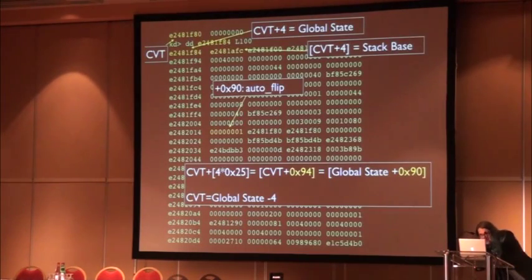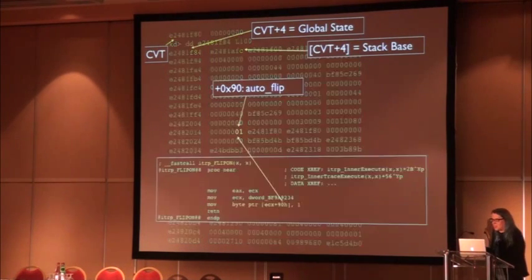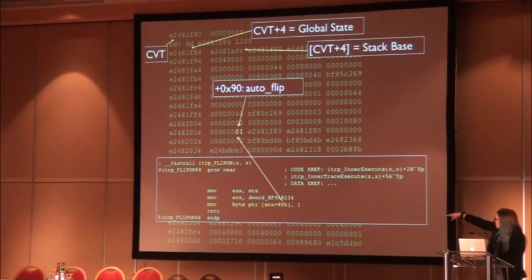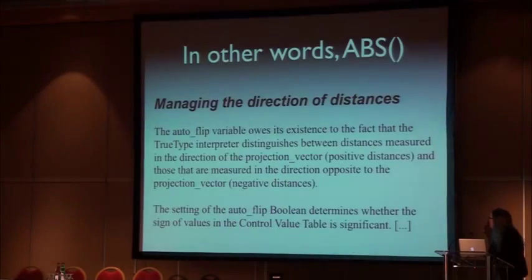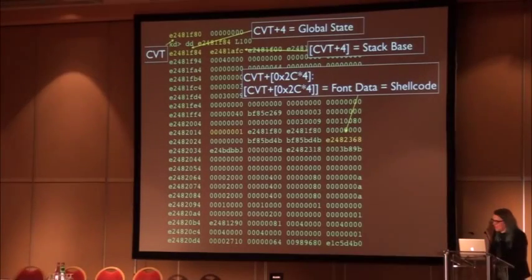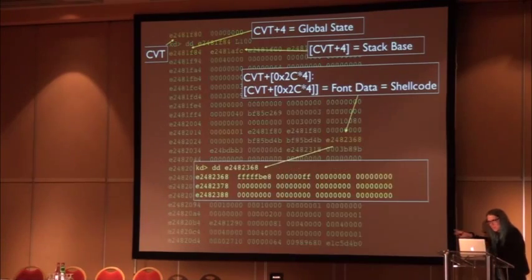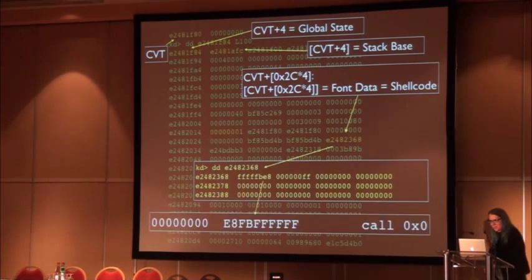The other thing you need to know is that this Boolean right here is the autoflip Boolean. There's a pair of operators called flip on and flip off. If you look at them, you can see it's set to 1 or a 0 at that particular offset in the structure. You look at flip on and flip off in the documentation, and they set this Boolean on and off. That's what it does, it's in the docs. And there's also this pointer after the shellcode, which is basically the call to itself thing in this particular sample.